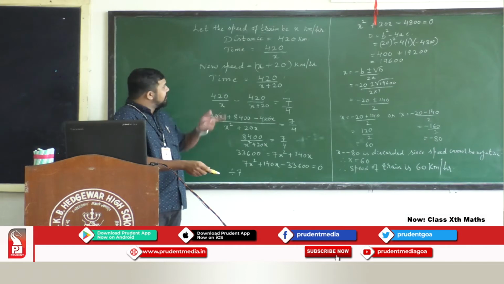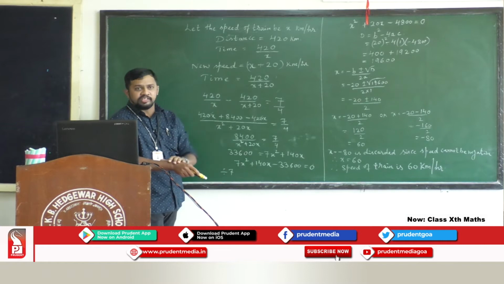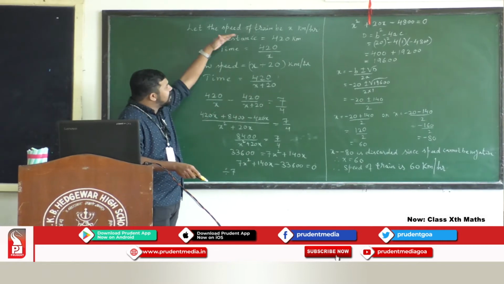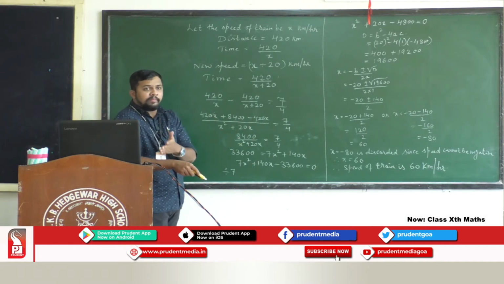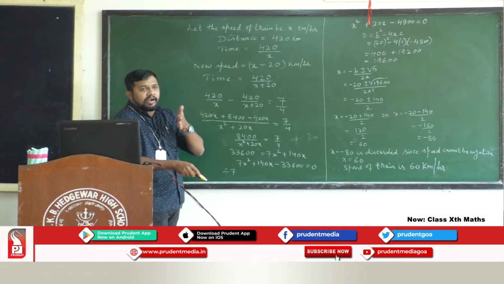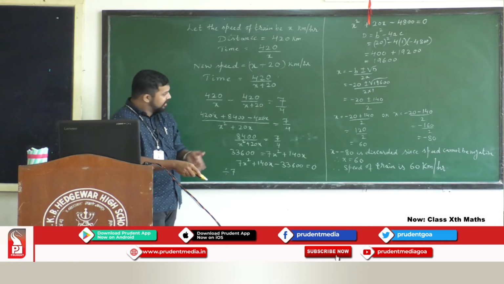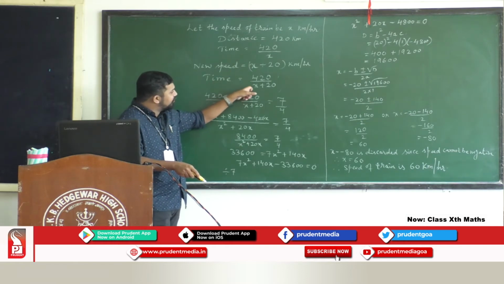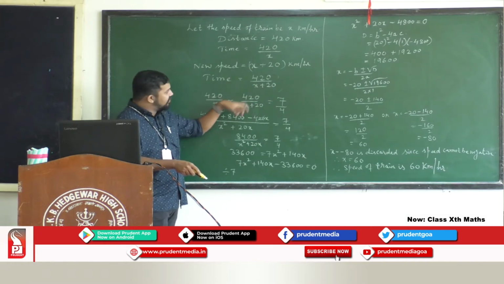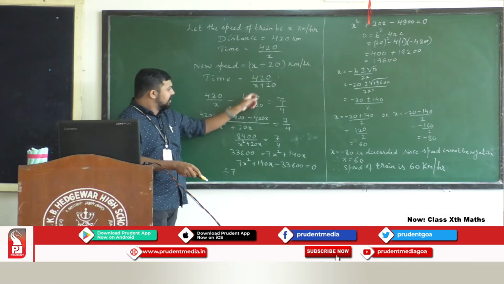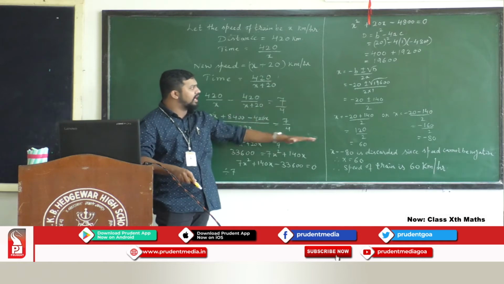A similar type of problem will be here. Instead of saying new speed, the question might be like two trains, one express train, one passenger train. Same method. Here just one train was there, two speeds were there. The problem might be in such a way wherein two trains are there. One train is moving with one speed, another train with another speed. Method is same. Here also I told you, when the speed increases, the time has to decrease. Decrease means negative. Obviously, the first one will be positive. By how much will be given to you, see that units should be same, and the remaining method you just solve as we are solving.